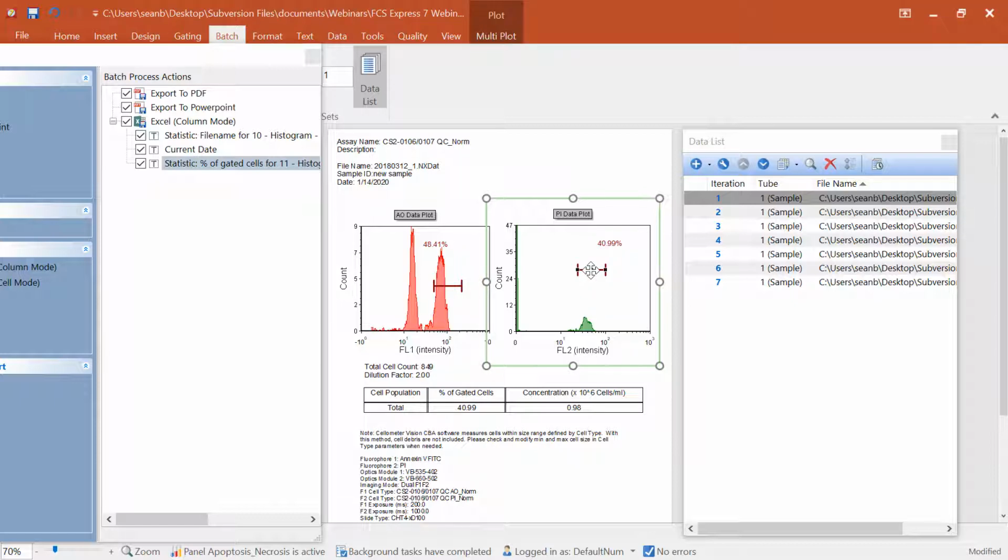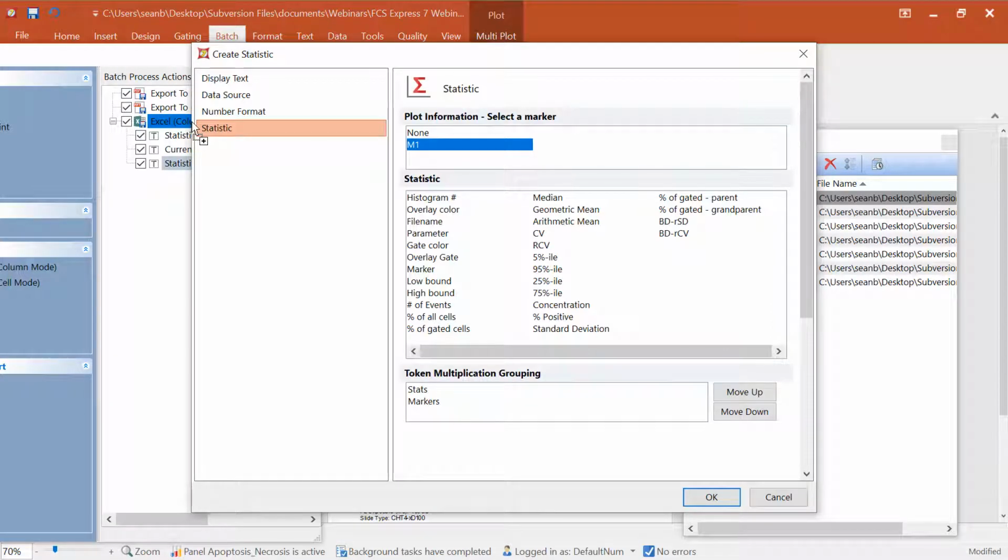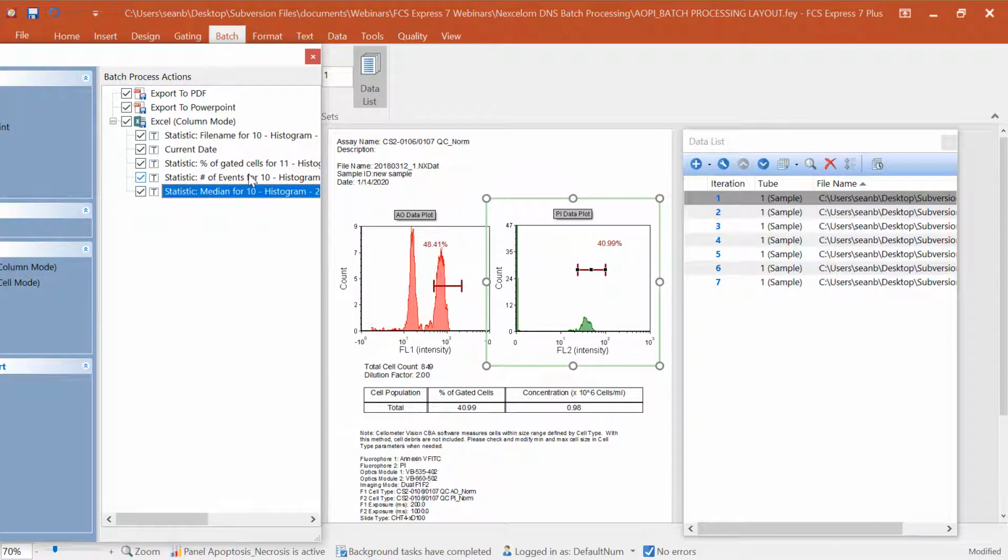So if I know I just want to grab a statistic that's associated with this marker, perhaps I don't want the percent, but if I drag and drop that in there, FCS Express is going to launch up a dialog that asks you which statistic from the M1 marker do you want. So if I wanted to put in something like the number of events and perhaps the median of that marker, I can select one or multiple or everything that's in here. I can click OK. And those 2 statistics, the number of events and the median for the FL2 intensity marker,